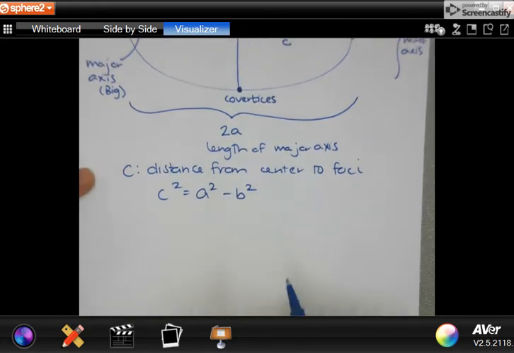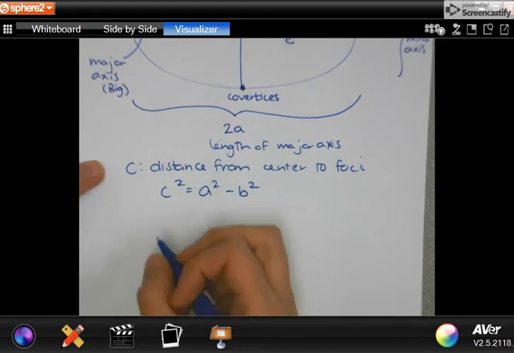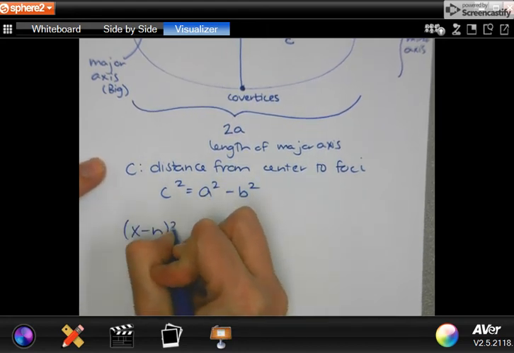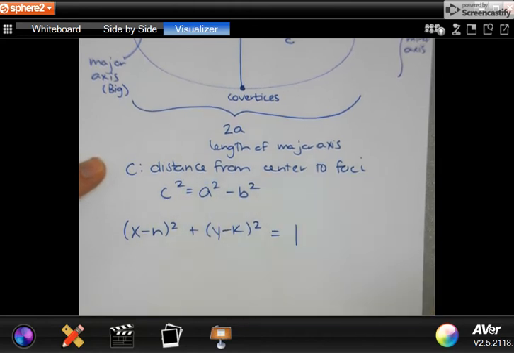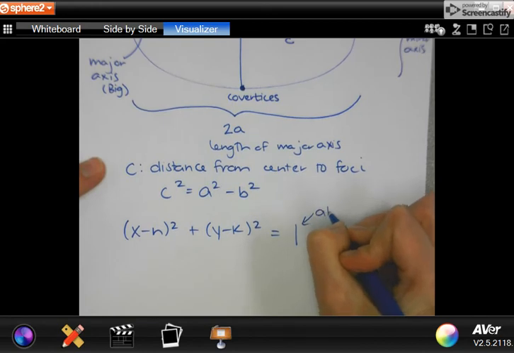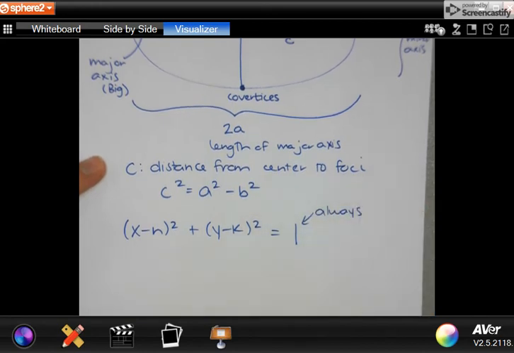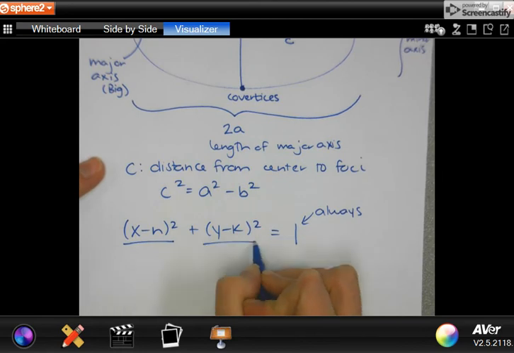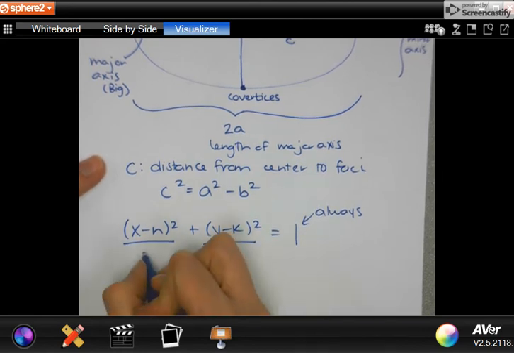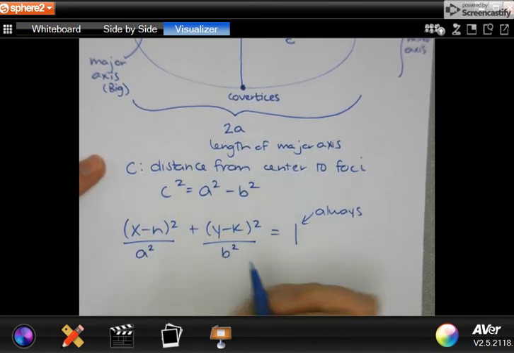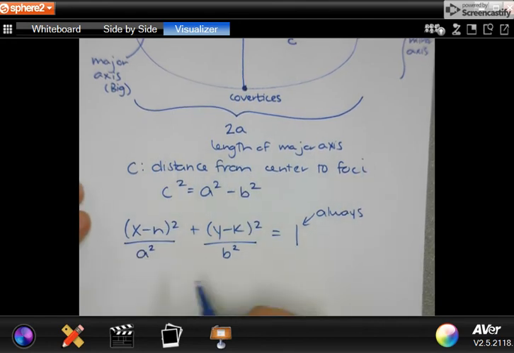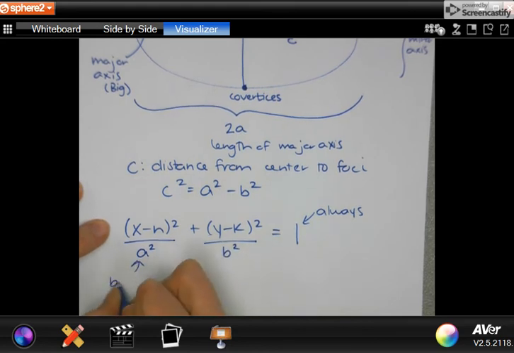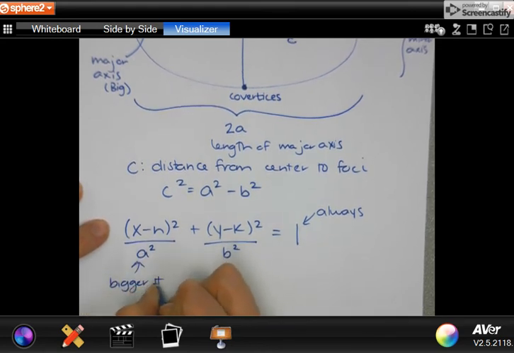The equation for an ellipse in standard form, a horizontal ellipse, starts out very similar to a circle. The big difference is that it's equal to 1, always. The other big difference is on the left side, you're going to have some sort of division. It'll be a squared and b squared. And since a is the length of the major axis, a is always going to be the bigger number. So in this case, the bigger number goes under x